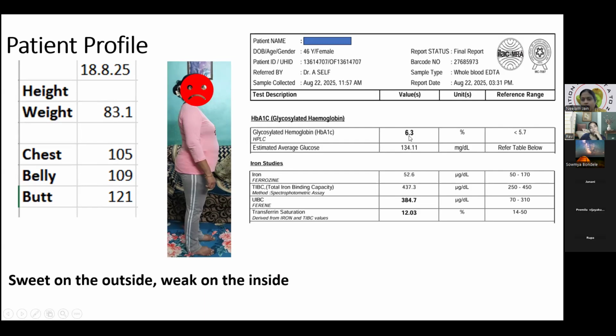Okay, her HbA1c value was 6.3, hemoglobin was 11, but this was something alarming: her UIBC, unsaturated iron binding capacity, was high compared to the normal range, and her transferrin saturation was low, which made this case very interesting for me. She was very sweet on the outside, but very weak inside, right? Okay, so what we did with her is,